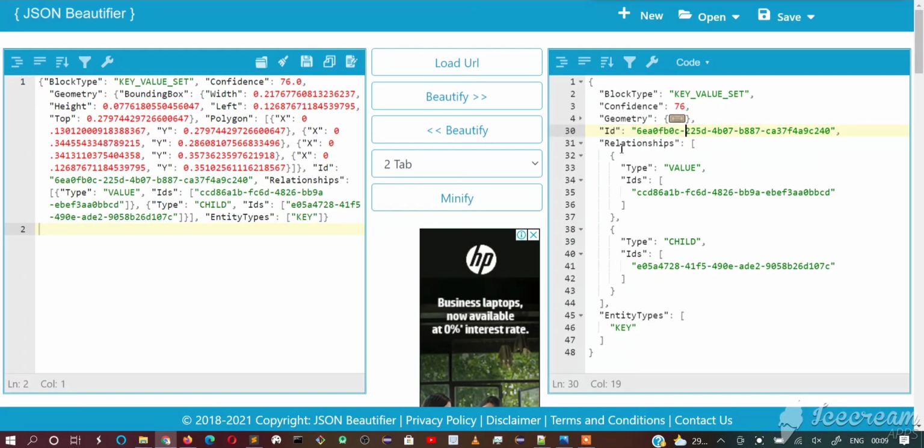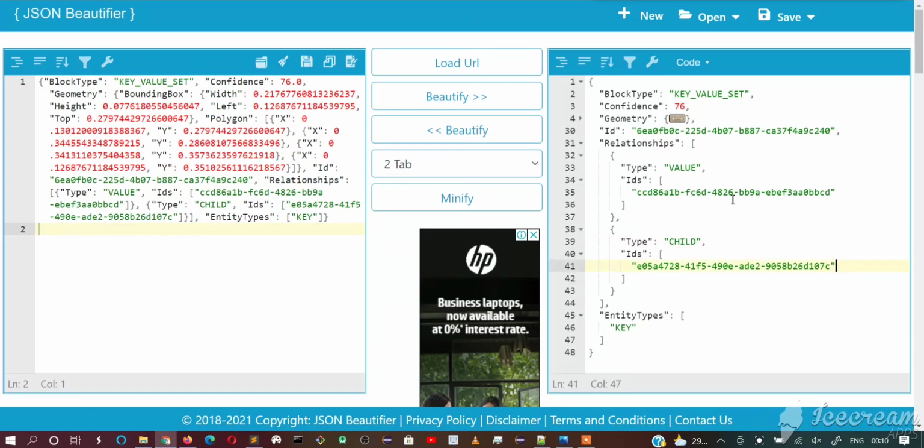And we have relationships. In these relationships we can have different types. It's a value, child, and it is an entity type key. So using this block we can derive a value of the key. So where is that value present? So here you can see the child, and this is the ID for that key.